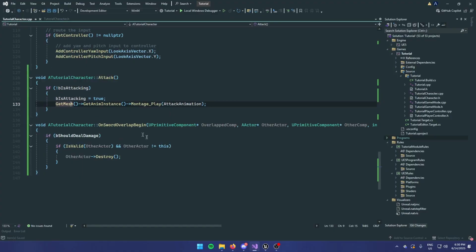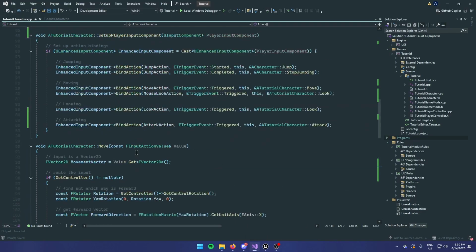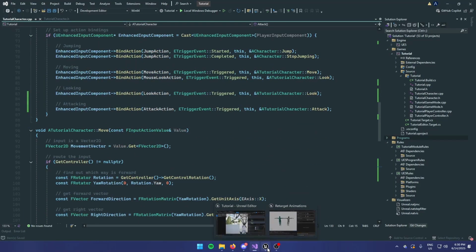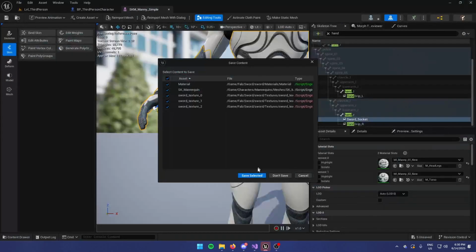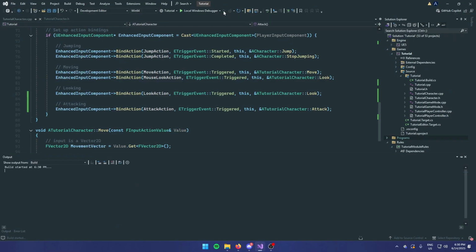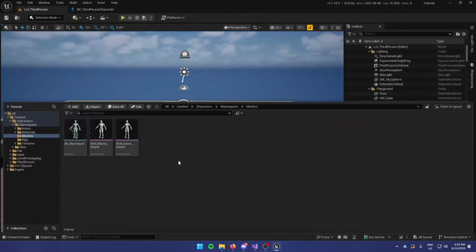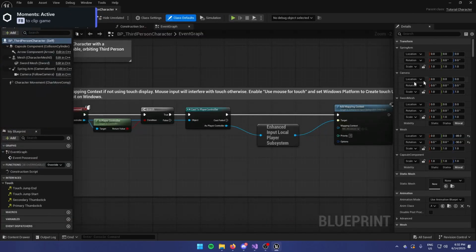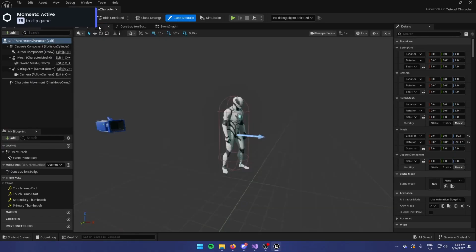Now, that is it complete in the coding section, so we can close, save selected, and compile. Now everything has compiled fine. Inside the player blueprint, we can search for our attack animation,